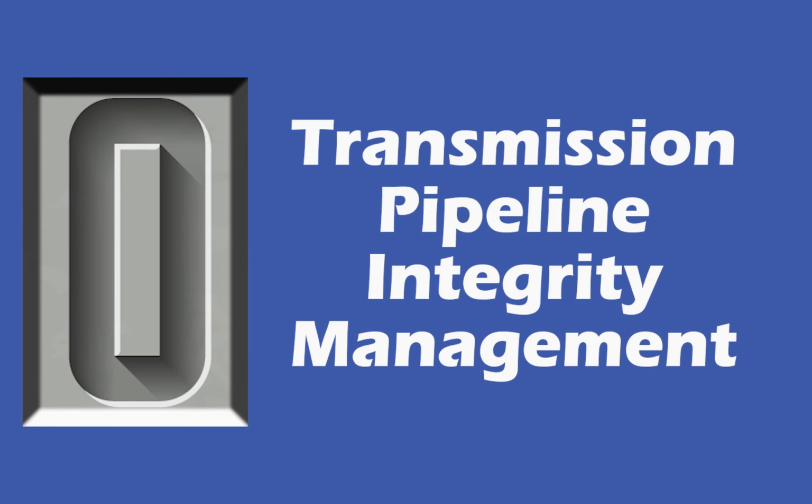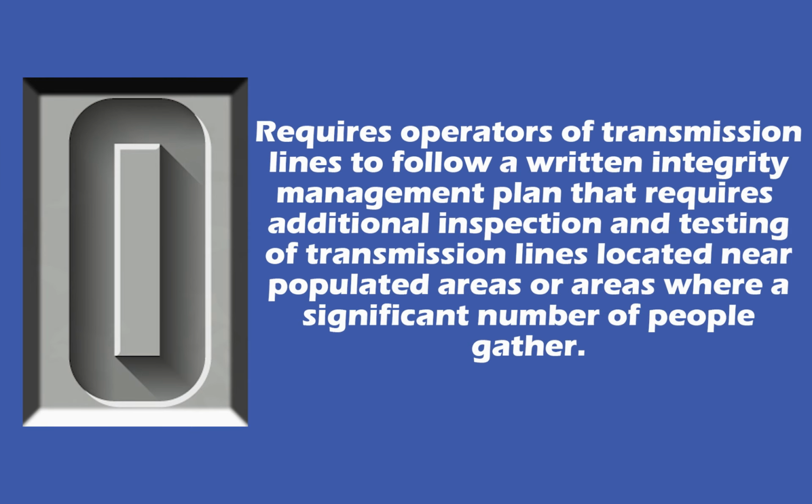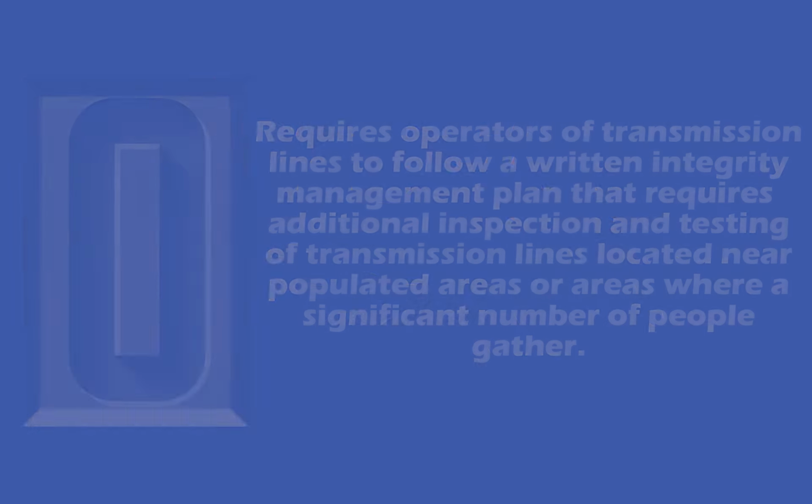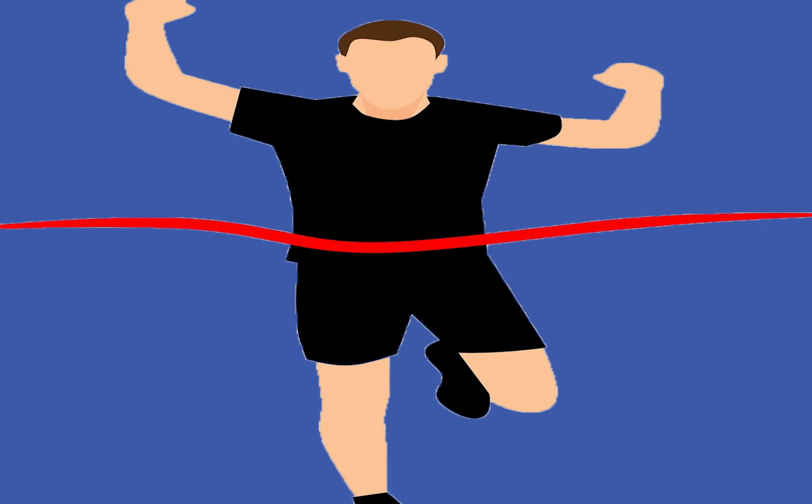Subpart O. My gosh, there are only two left. Subpart O deals with transmission pipeline integrity management, which is just an elaborate way of saying it requires operators of transmission lines to follow a written integrity management plan that requires additional inspection and testing of transmission lines located near populated areas or areas where a significant number of people gather. Whew. And finally,